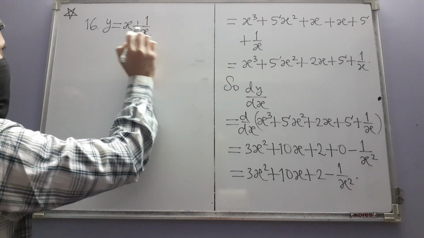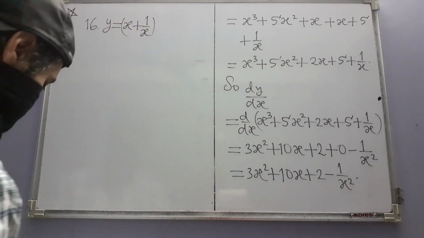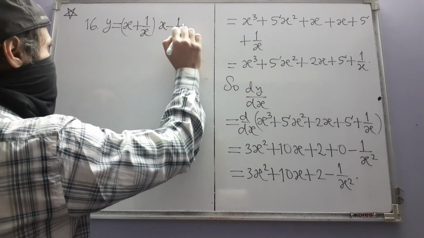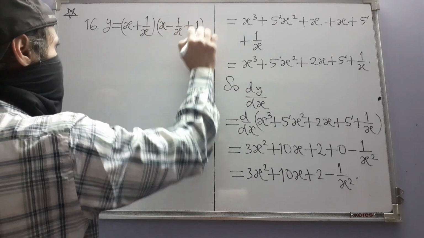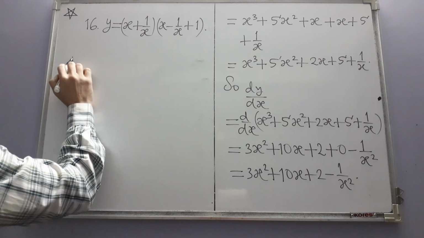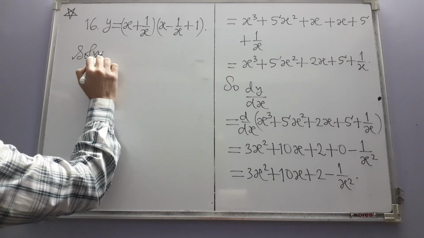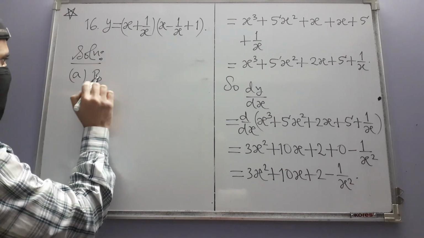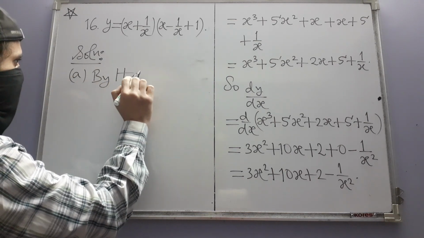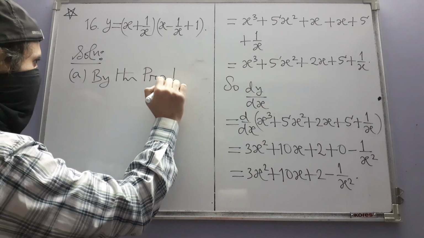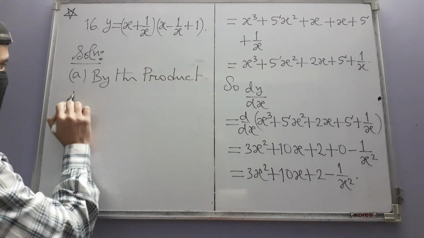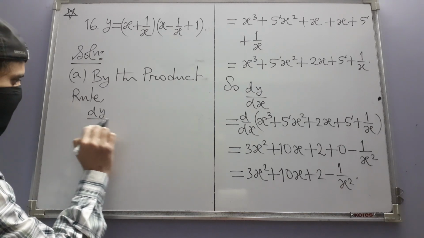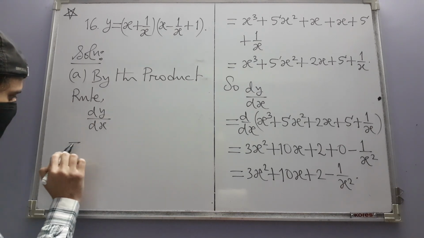Here both the factors are not polynomials. x minus 1 over x, times x plus 1. Part A. By the product rule, dy dx is